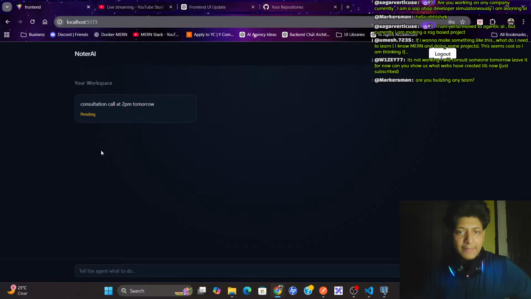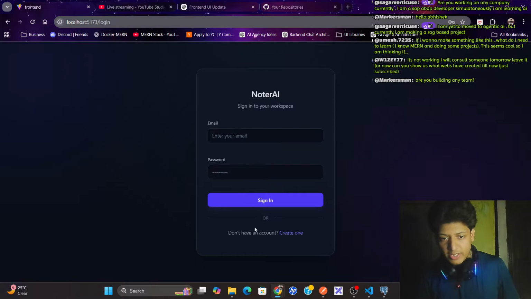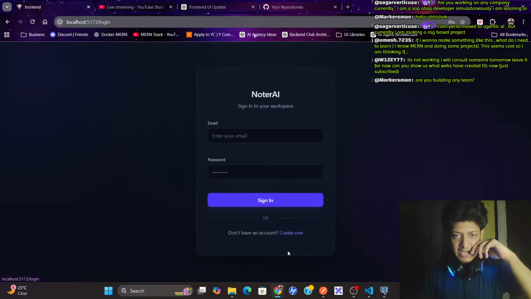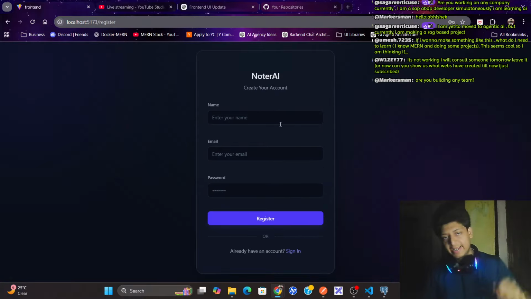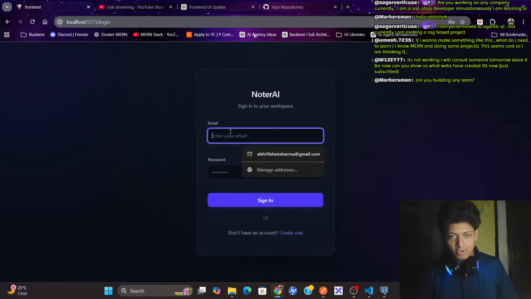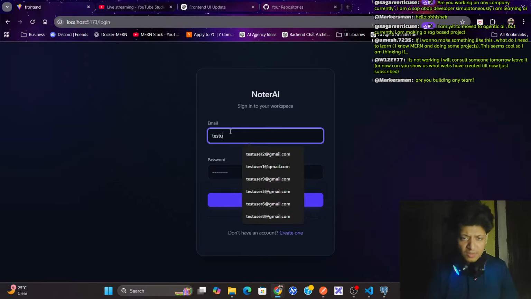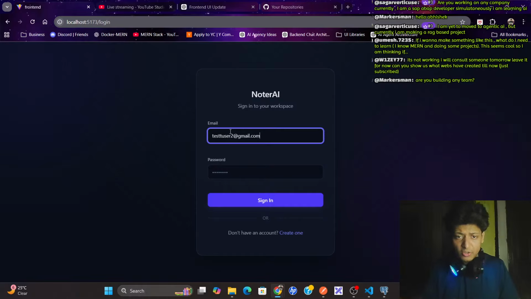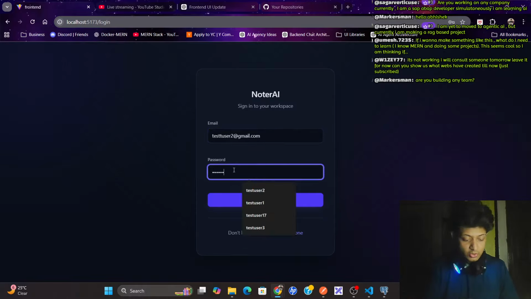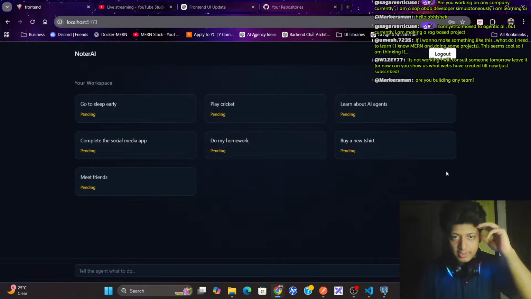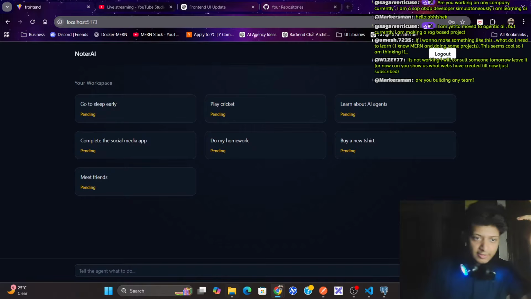Thanks a lot, man. Basically, this is an agentic AI that I have built. You can sign in or create an account. I'll sign in now because I already have an account. For example, test user2@gmail.com, and testuser2 is the password. If I log in now, these are the nodes that are pending.